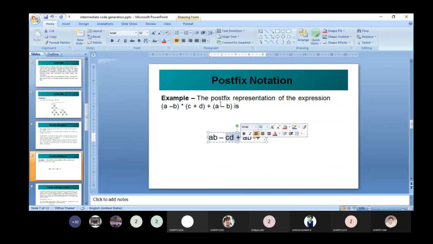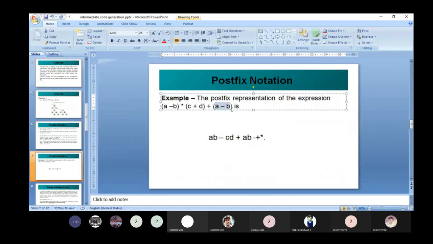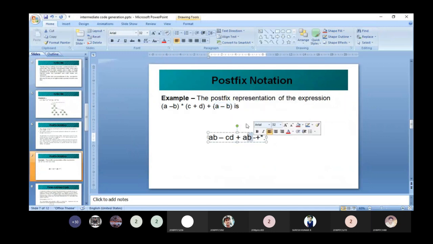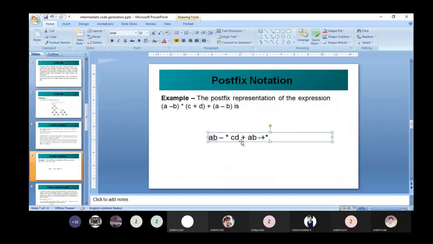Okay, so after that you convert the parenthesis A minus B. How can we write it? AB minus. Okay, so next, AB minus, then star, then CD plus, and between them we will have plus.